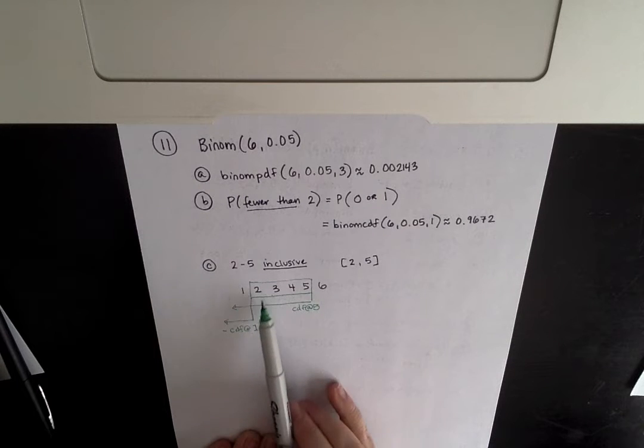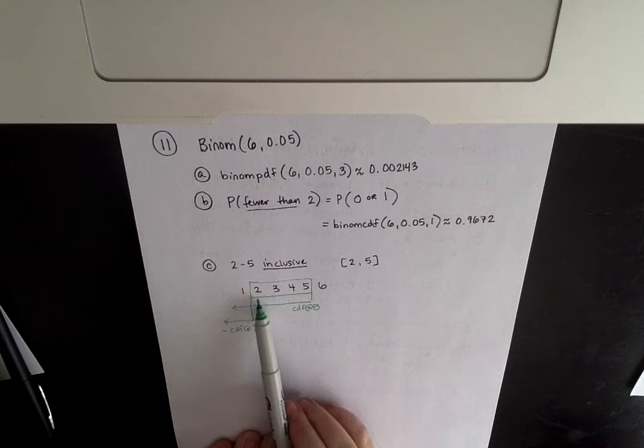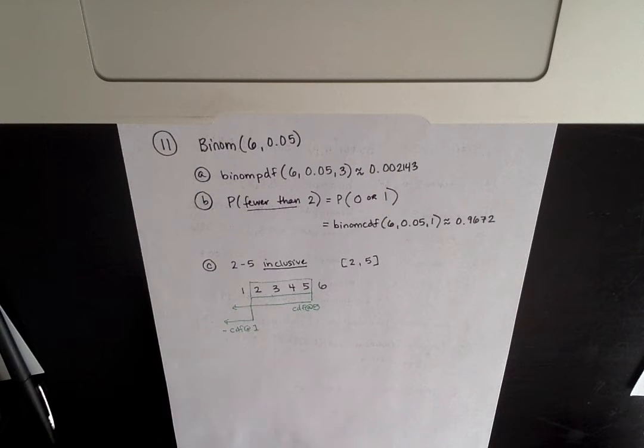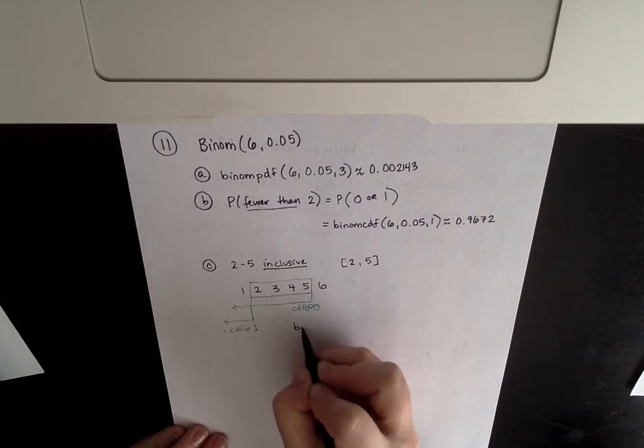If we make the mistake of putting a 2 here, we get rid of the 2 as well, but we want it to be kept. So let me show you what this looks like in the calculator. That would be the binom